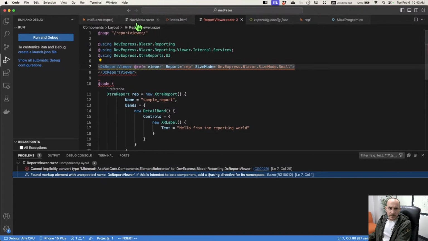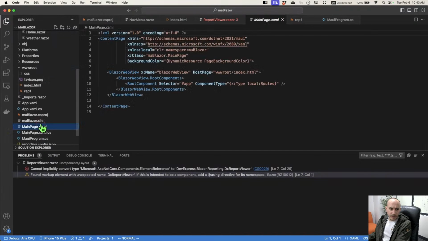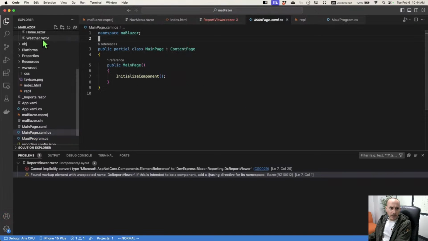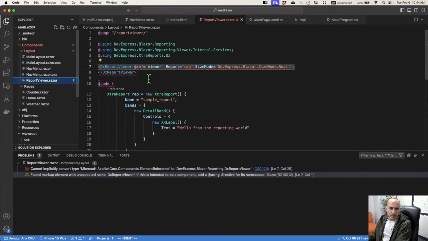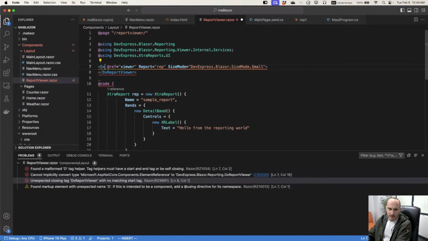It looks like there might be something that got thrown off, maybe in my original, when I was going ahead and adding DX Blazor report viewer. I don't know if I added a typo somewhere without realizing I did. Let's go ahead and delete this name, and let's see what symbols it recognizes in the scope. So DX port